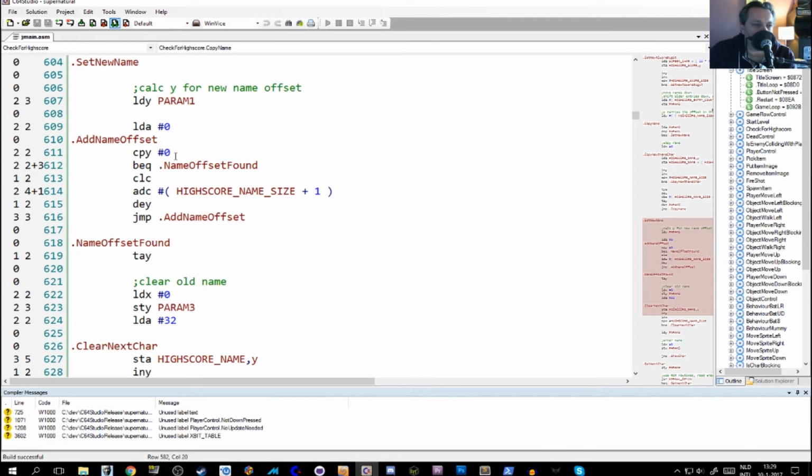We compare y to 0. If it's not 0, then name offset found. Otherwise, oh, wait a minute. Clear the carry, and we add the high score name size, and then okay, we go and decrease